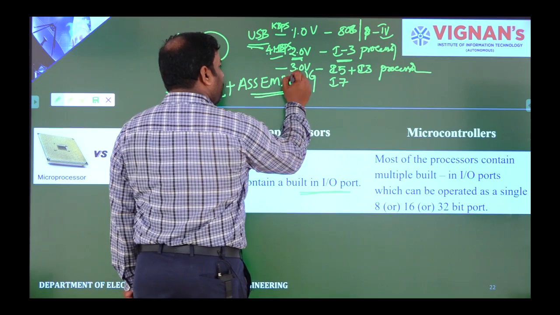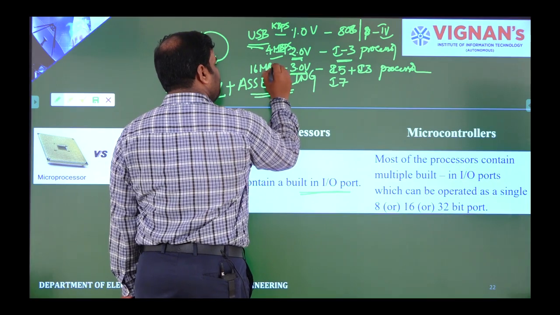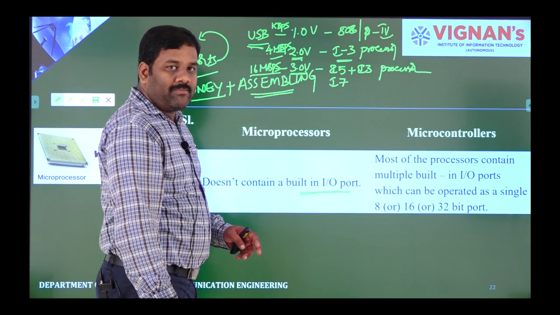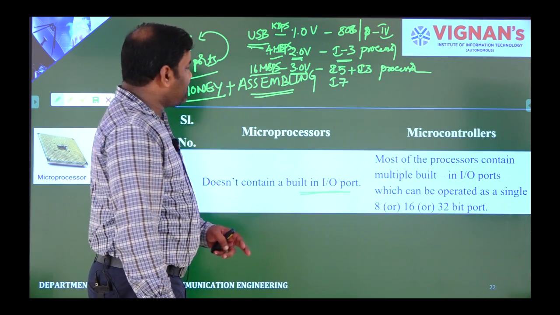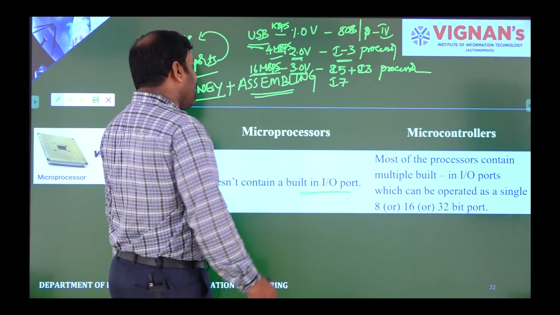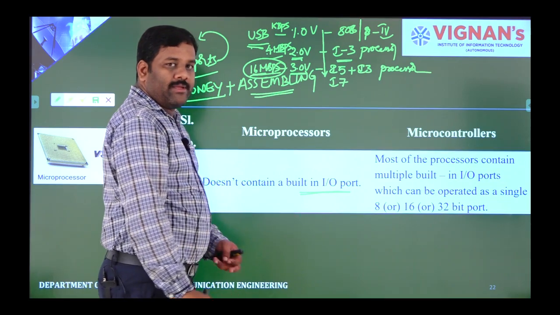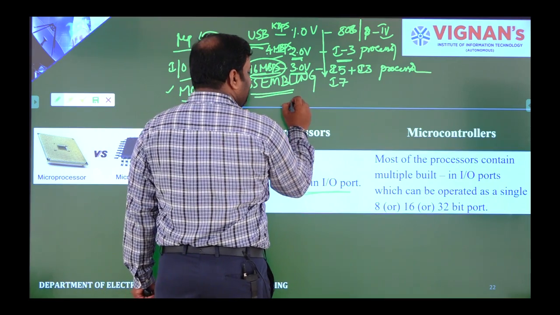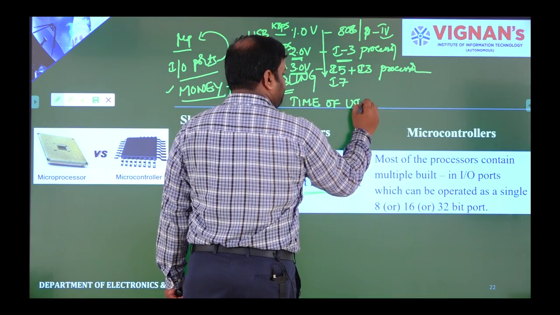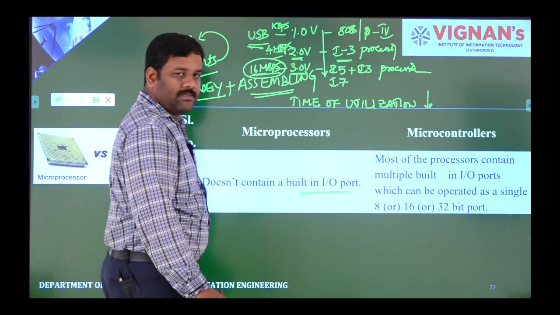But recently the 3.0 version has been introduced and it is supporting a 16 Mbps data transfer rate. It means it is transferring data from one device to another at 16 megabits per second. Once the technology improves, the data transfer rate keeps increasing. By doing this, the time of utilization is reduced. Example,